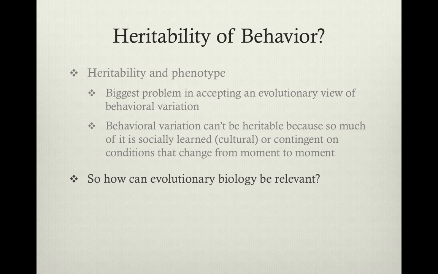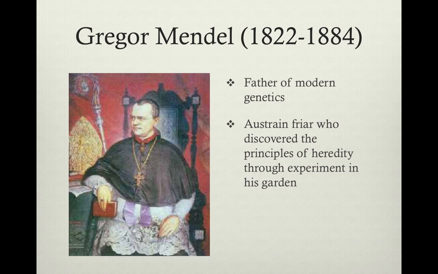But after we have this rudimentary understanding of genetics, we are going to look at some animal cases of behavior to determine whether behavior can evolve. Because presumably, if we're able to see the evolution of behavior among animals, we should also be able to see the evolution of behavior among humans. And so Mendelian genetics is really our starting point.